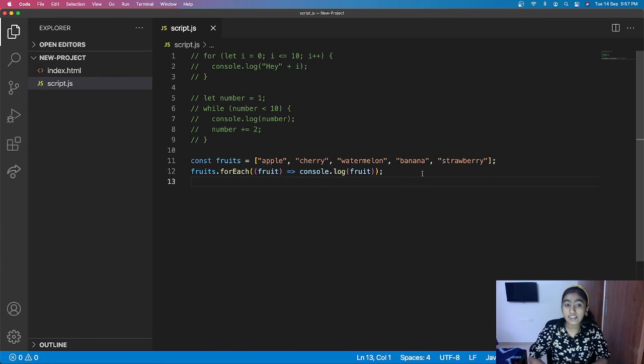And yes, I'll be talking about array methods in my upcoming video, so stay tuned. There are many more fun array methods. I'll be explaining about them again later. So these are the three loops I was talking about: for, while, and the for